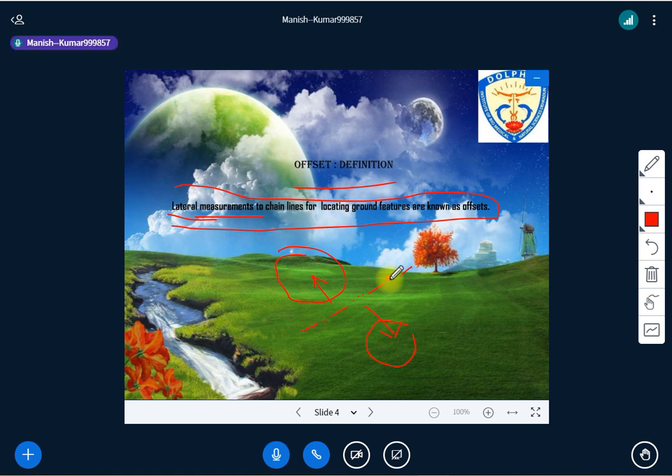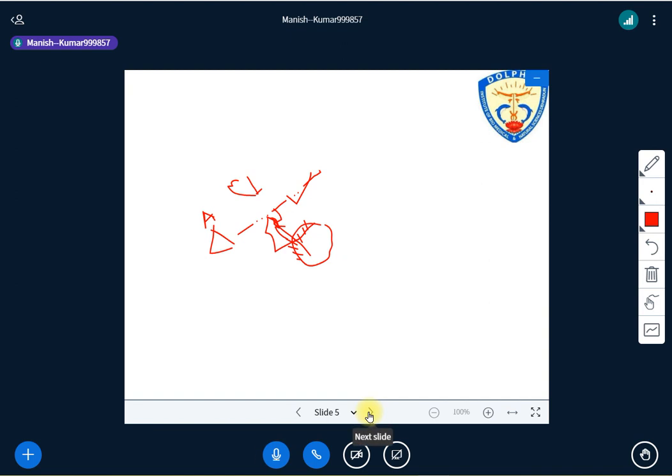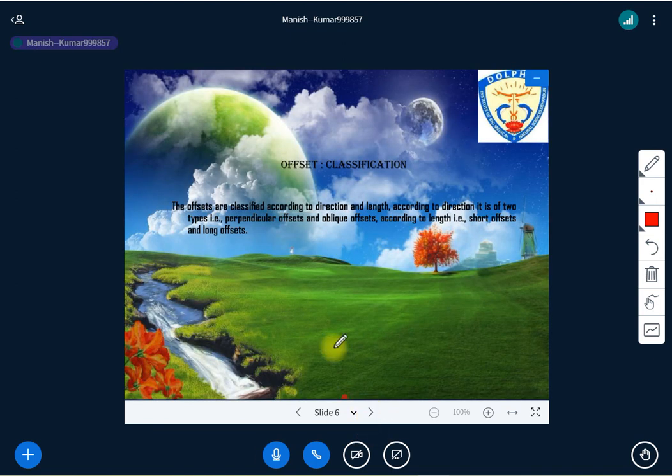Okay, so assume the concept, the definition, is clear in all of your minds. Now, classification. How has the classification been made? There are two bases for classification that one needs to understand: on the basis of direction and on the basis of length. These are the two bases, right? On this basis, direction and length.